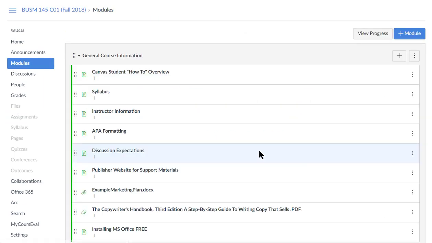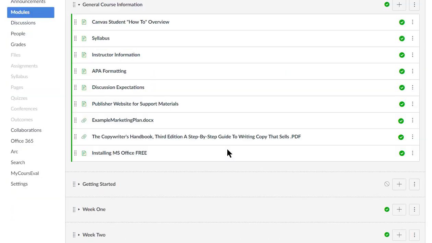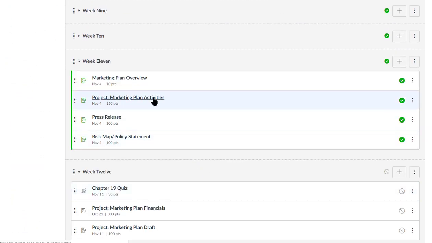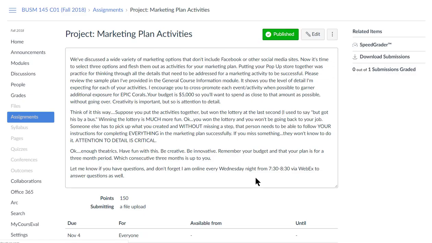Going back to modules, we can close that so it doesn't take extra space. We'll go back to week 11, and marketing plan activities is the details that will go into your marketing plan. You've looked at a lot of different options as far as how to market a company offline, so not including social media. What I want you to do is take 3 of those ideas. It might be a pop-up store and a brochure and a business card, or it might be